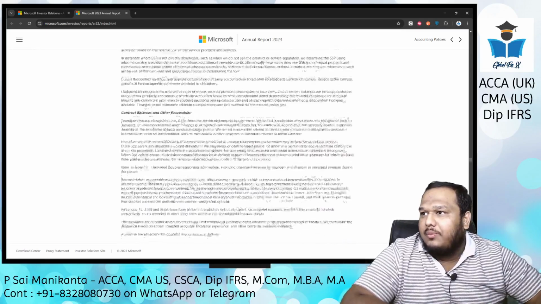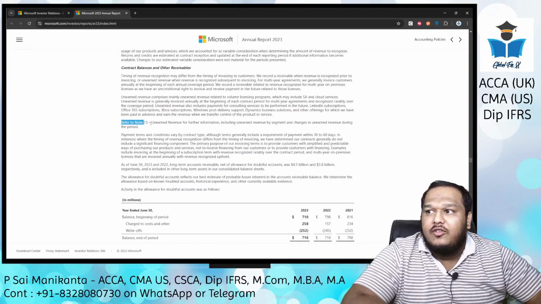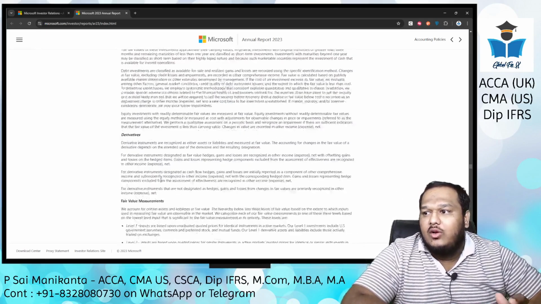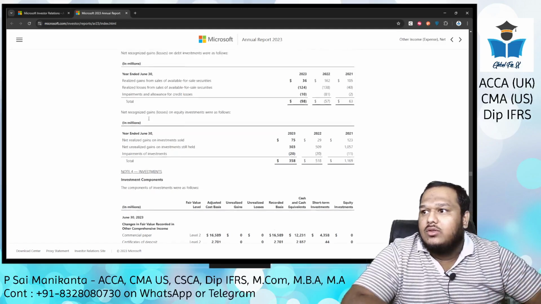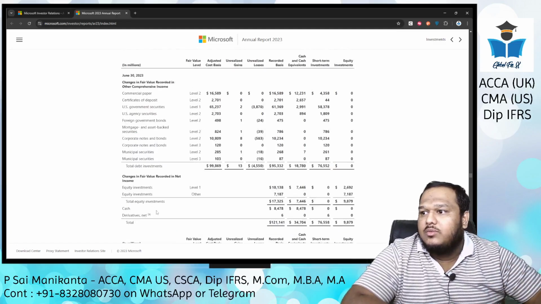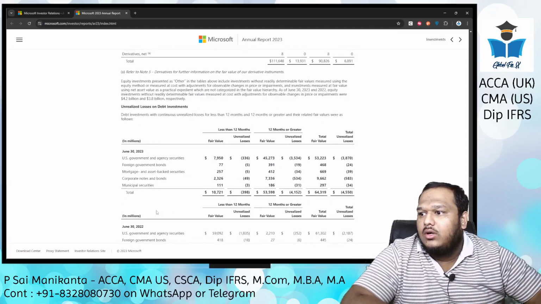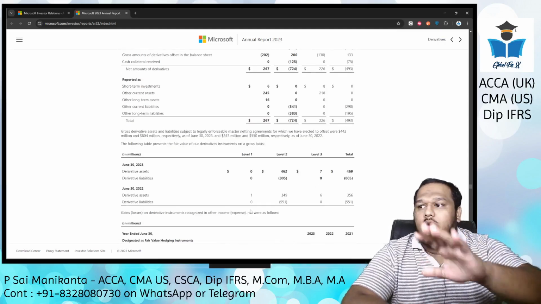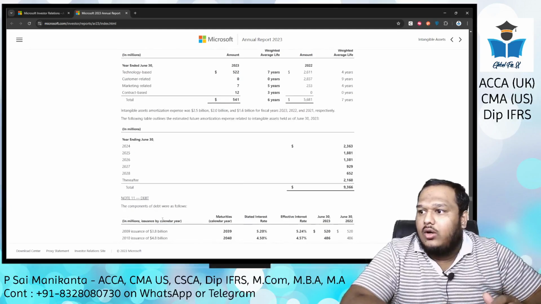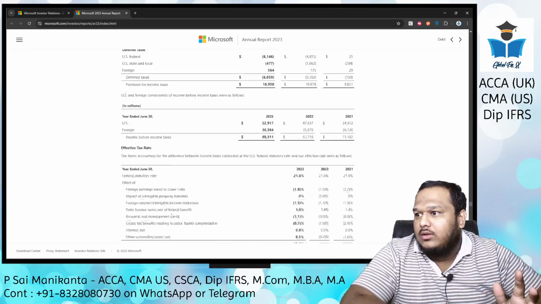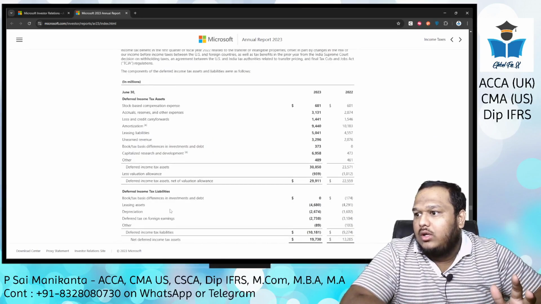So for example, here you see they are saying refer to note number 13. So again, you'll have to scroll down and refer to that note number 13 to understand what happened there. So this is note number 4 related to investments. Where is note 13? Okay, I don't want to search that now. You guys have the link to that, you know how to access that. I'm scrolling already, note 11. Okay, sorry. Note number 13,